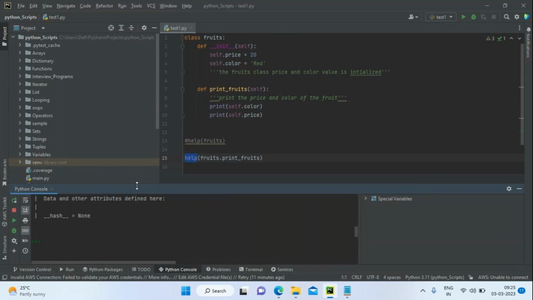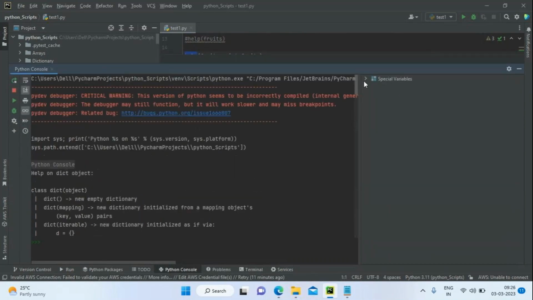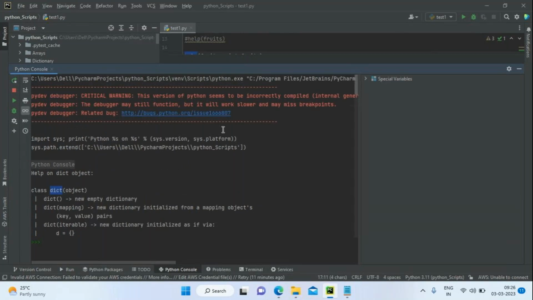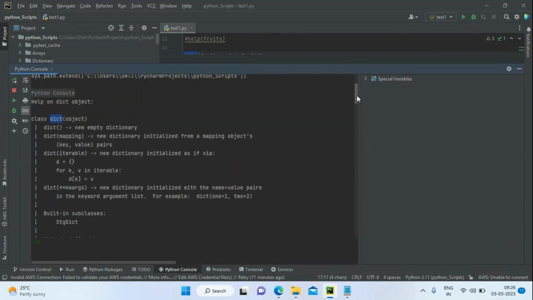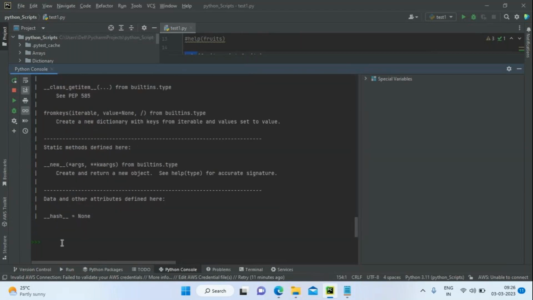It's giving the detailed information about the dictionary class. I gave help of dictionary. It's giving you the detailed information about the class, what things are available. It's showing the entire thing. You can see all the magic methods, equal to, greater than, get attribute, get item, everything you can see. And then if you want to know more about